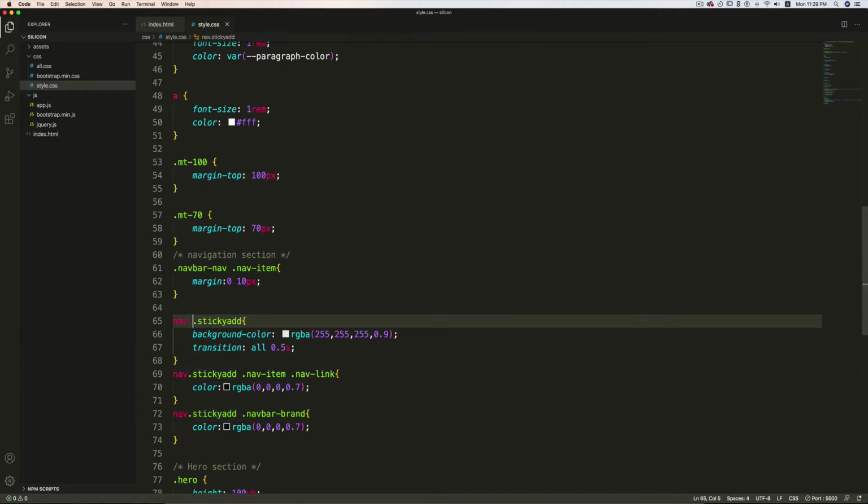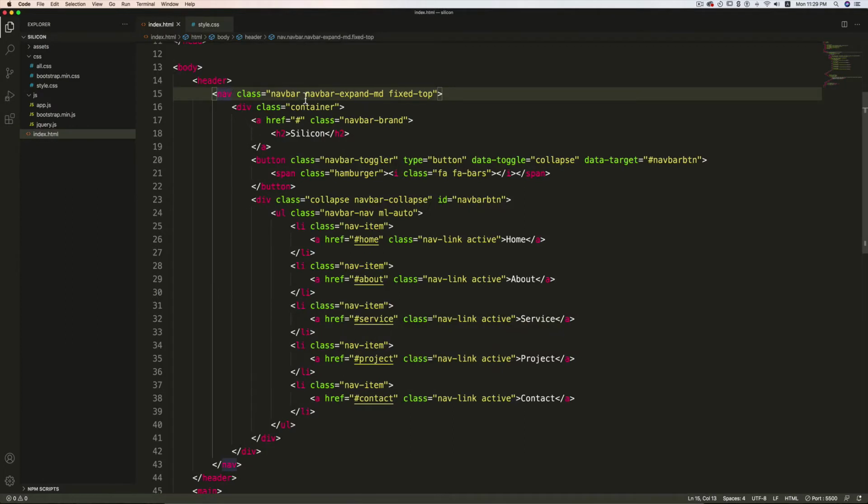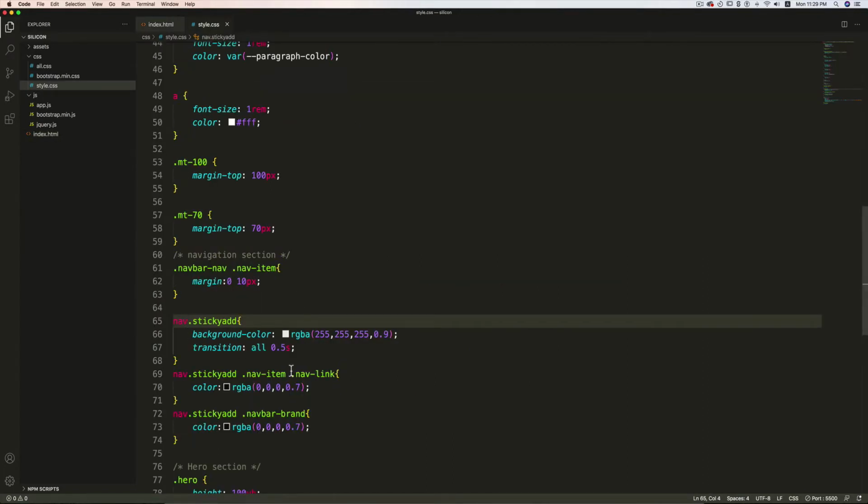If I add a space here, this is a descendant selector, so the browser is going to select whatever element which has a sticky-add class inside this nav. But in this case, when they are both together, the sticky-add class is applied on this nav itself. I'm going to do this using jQuery. When the user scrolls down 50 pixel, I'm going to add this class, and when this class is added, all these styles are going to be applied to it.